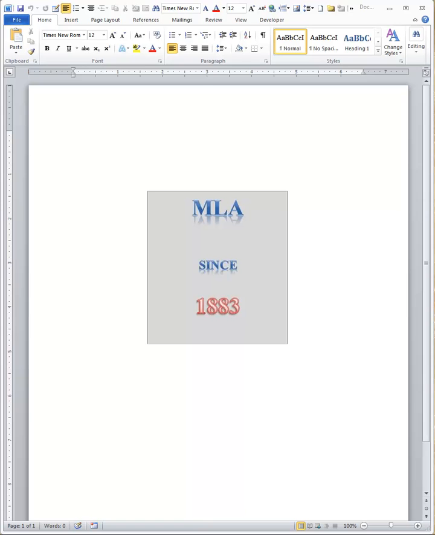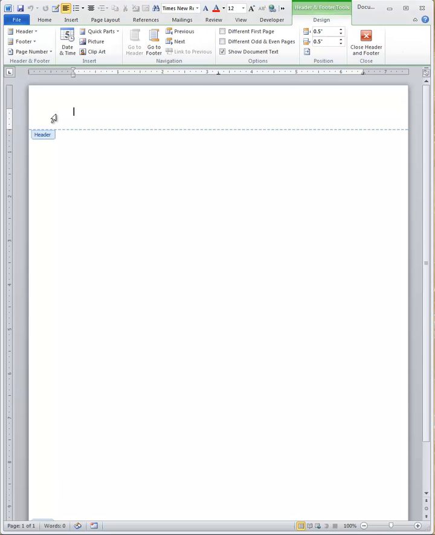the MLA formatting guidelines. To begin, insert a page header by clicking on the upper portion of the document. I double-clicked that area and you'll see that the header opened. Next, go to the toolbar and put your cursor over page number, insert page number, and do your drop down,